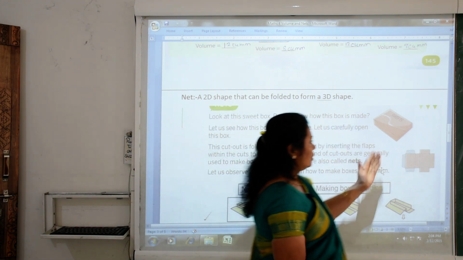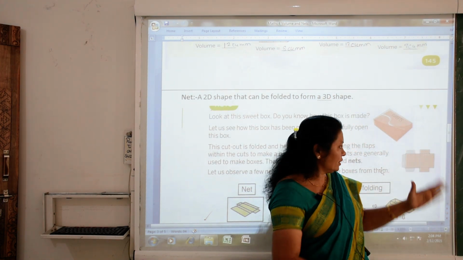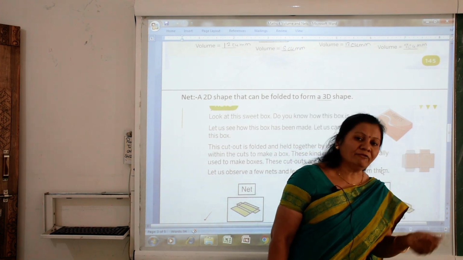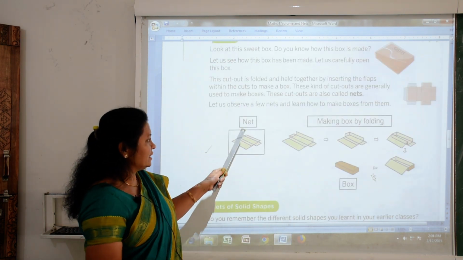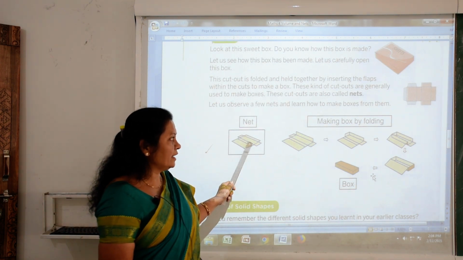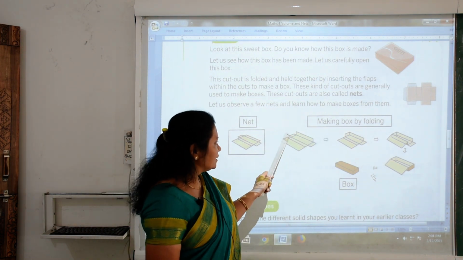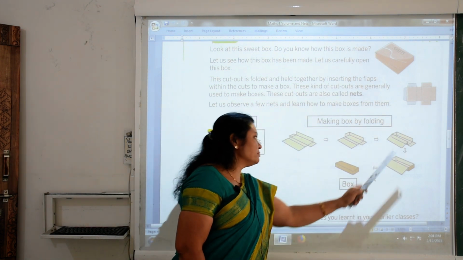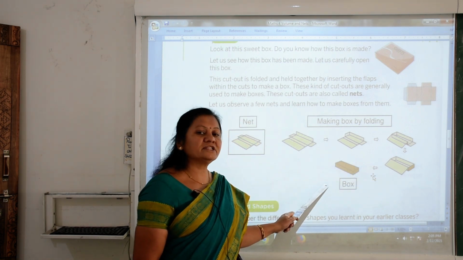आपने देखा इस बॉक्स को, ये इसका ऊपर वाला पोर्शन है और ये नीचे वाला. जब आप इसका ढक्कन खोलते हैं तो आपको ऊपर वाला दिखेगा and this is the down side portion. So how can we fold it? So listen here, this is a net. जब आप इसको ओपन करोगे तो this picture shows the net. And how to make this box? First we fold here, then these two little rectangles fold one, and after that this picture folds, and then in total this way you can make this box.